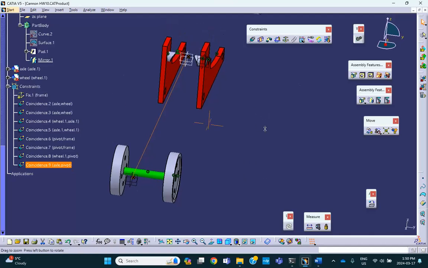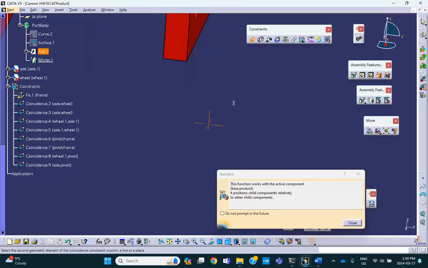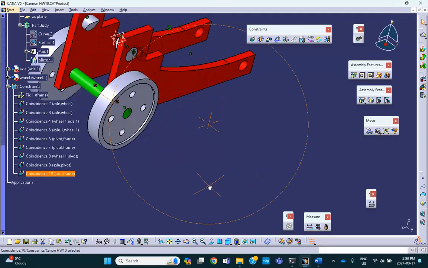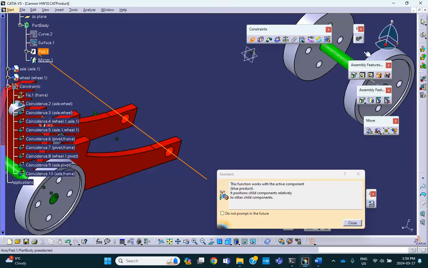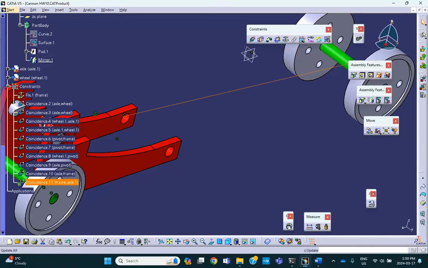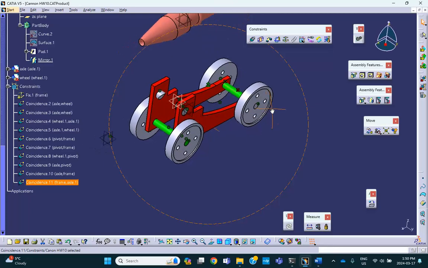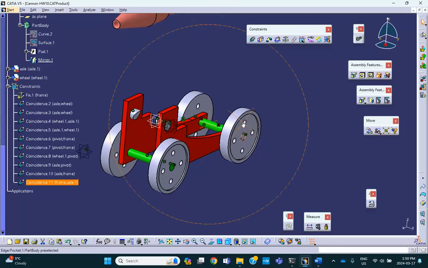Okay, good. So now coincidence between this axis and that axis, update. Same thing on the other side. Coincidence between this axis and that axis. Okay. Now let's place the gun barrel there. So, the different ways of doing it. For example, I can